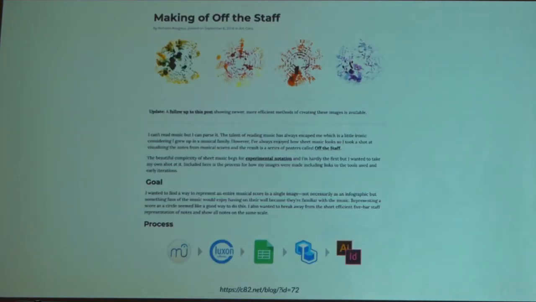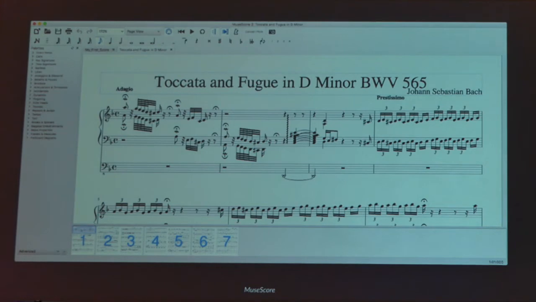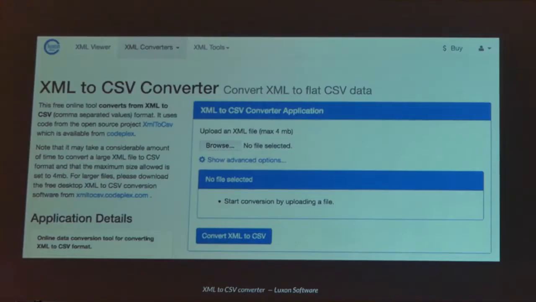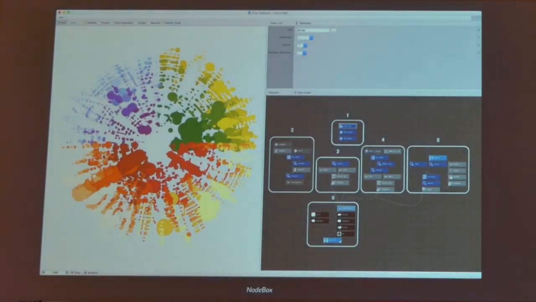And there's a really interesting blog post that he wrote about making this process, explaining all the different steps going through it. So basically, really shortly, first taking the data into a musical program, getting that from MIDI to another format like XML, then doing this typical data conversion that we all love. Then, of course, at some point, Google Sheets has to be involved, otherwise it's not a data visualization. And then he took that into notebooks, and then you can see it here.